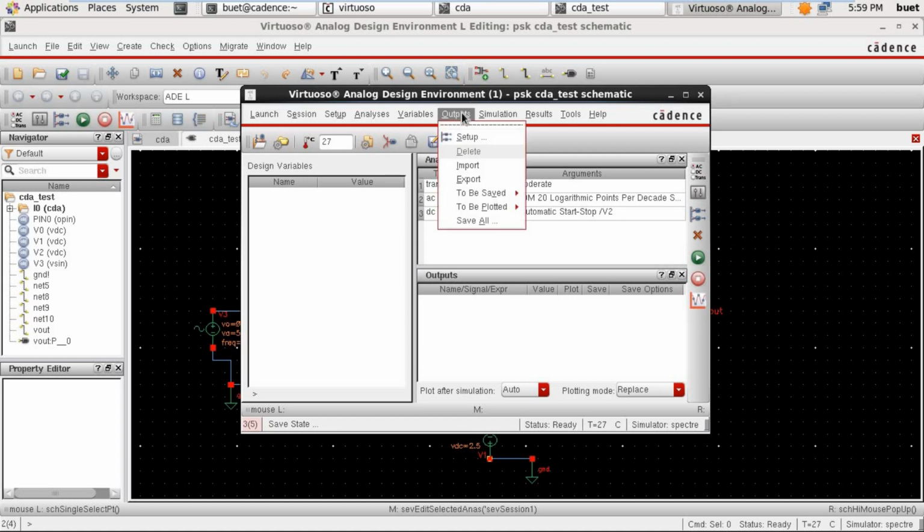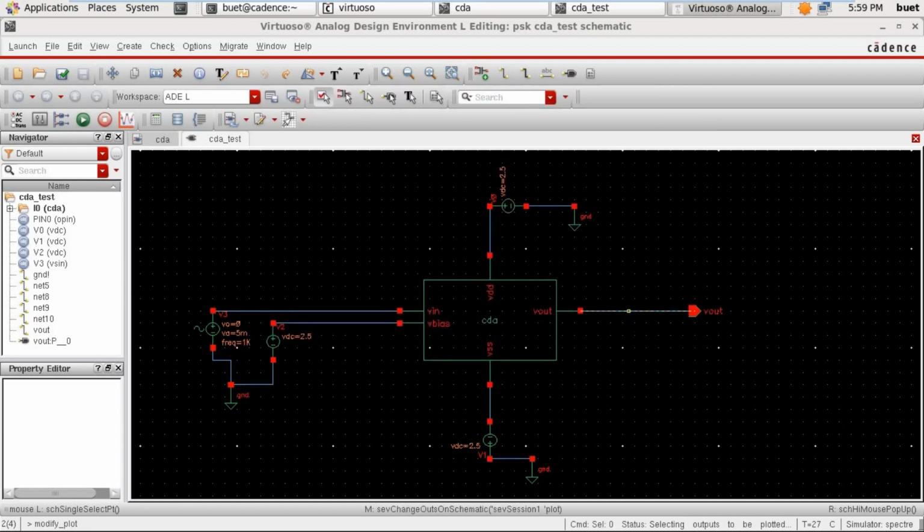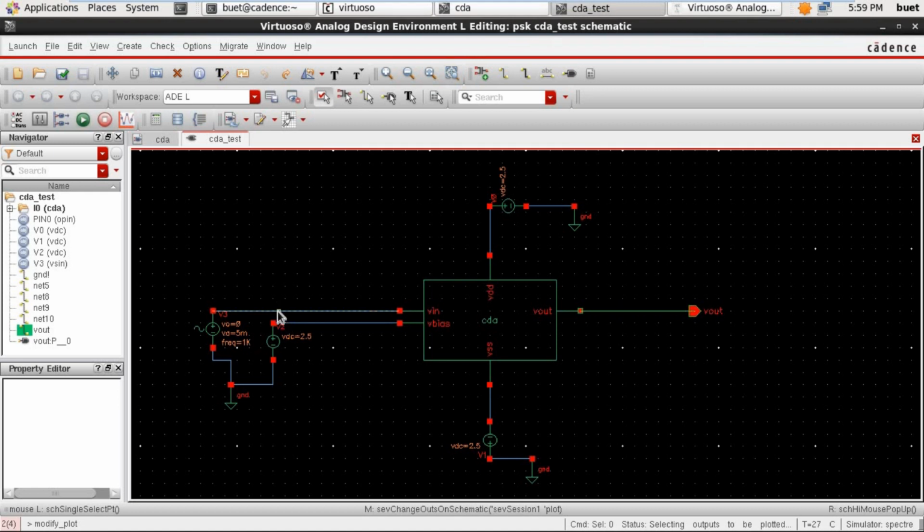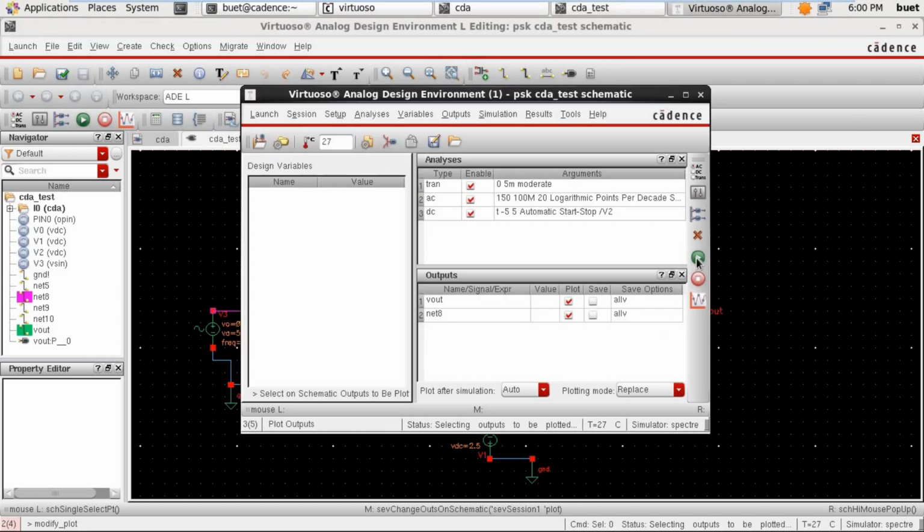Now we have to plot the outputs. So go to outputs, to be plotted. Select on schematic. Just select the output net and the input which is connected to Vin. Go back to the window and select run and netlist.